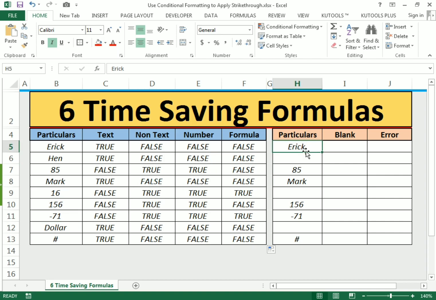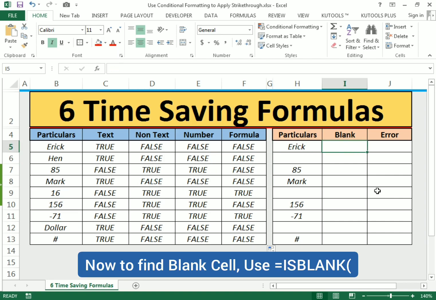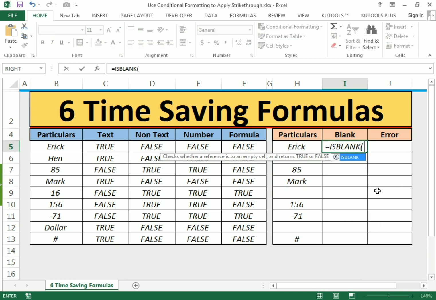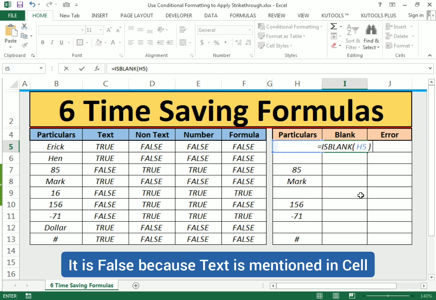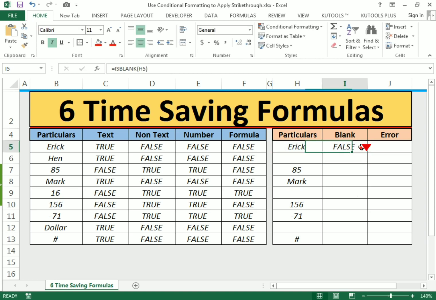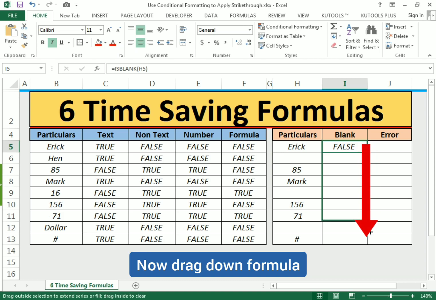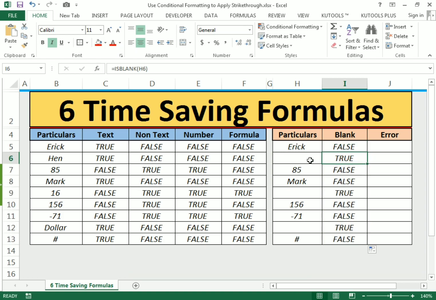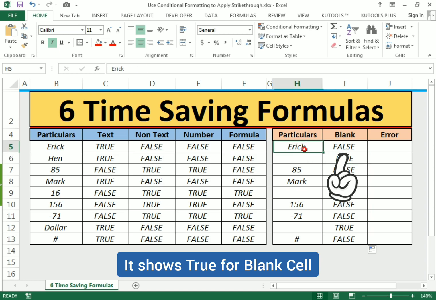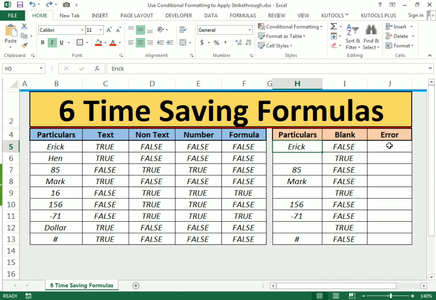Now in the second particular we need to find the blank, so use IsBlank, bracket open, and in the value we select the cell, close the bracket and enter. You can see it says false, and now we need to drag it down. So it says true because this is a blank cell, and for the non-blank cell it says